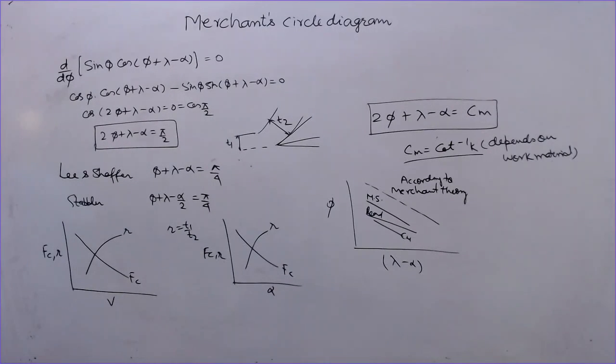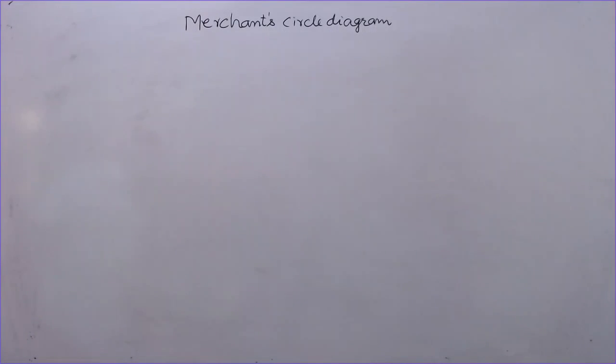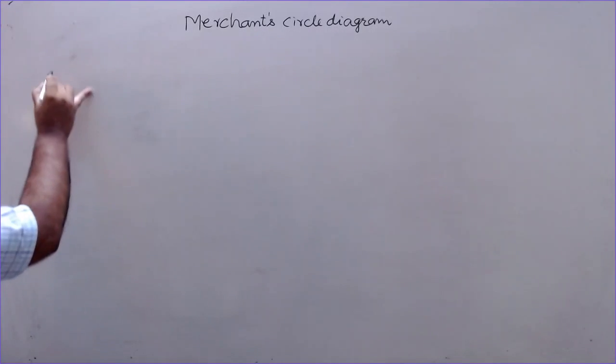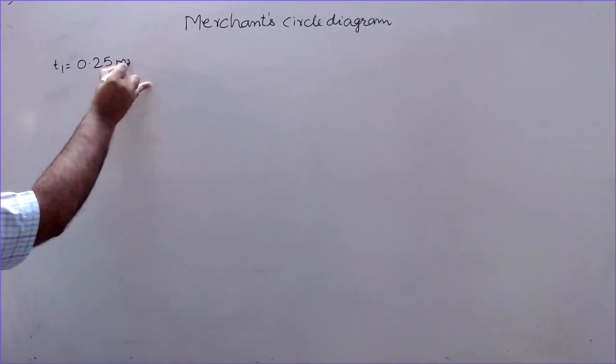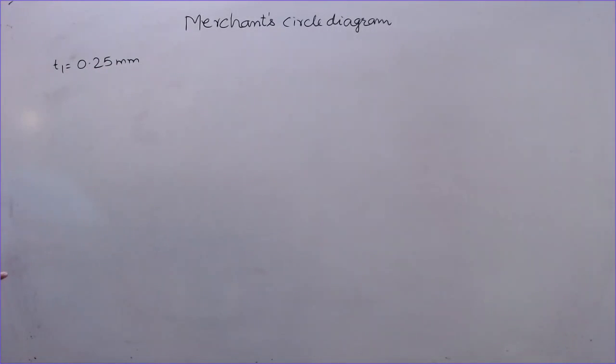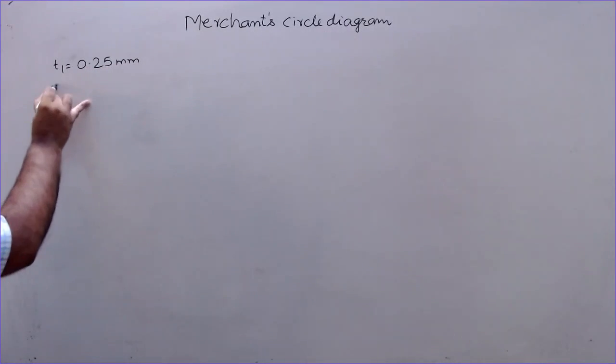And now we can solve some questions. Let us solve few numericals from this. So the first question is, during an orthogonal machining operation on mild steel, the results obtained are given as T1 is, and we have T2 is 0.75 mm,